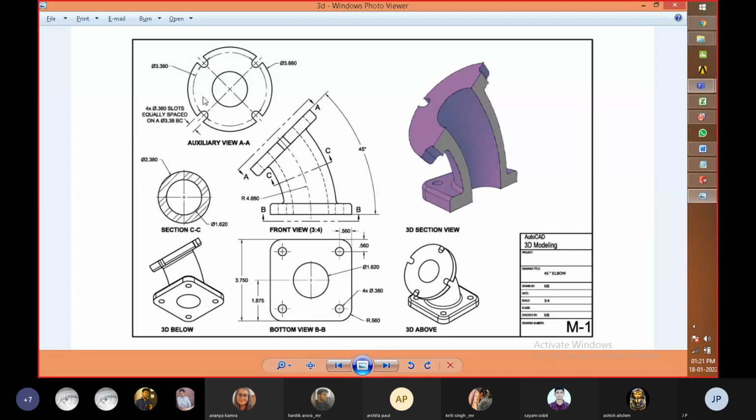Okay, and there are a few holes which were placed over here. I think the dimension is all given over here. So it is an inner circle also.